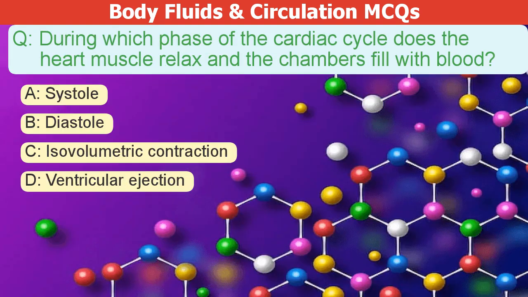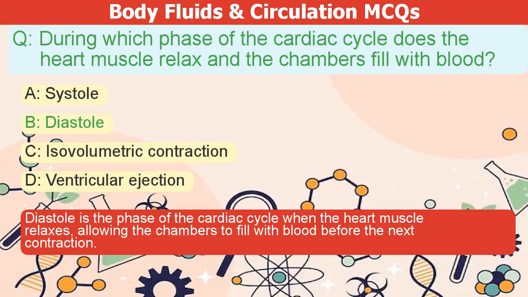During which phase of the cardiac cycle does the heart muscle relax and the chambers fill with blood? A. Systole. B. Diastole. C. Isovolumetric contraction. D. Ventricular ejection. The correct answer is B. Diastole is the phase of the cardiac cycle when the heart muscle relaxes, allowing the chambers to fill with blood